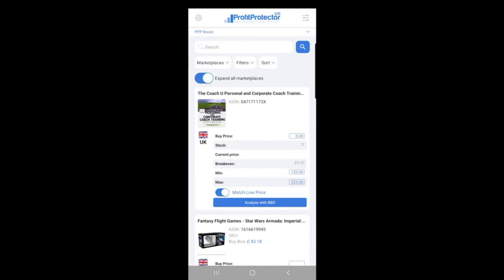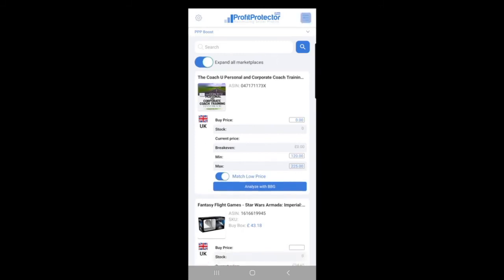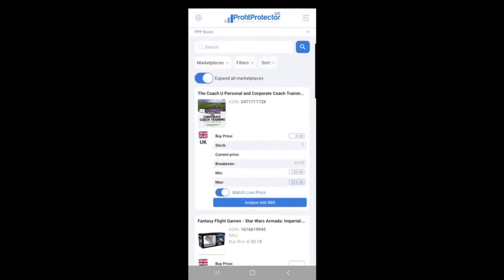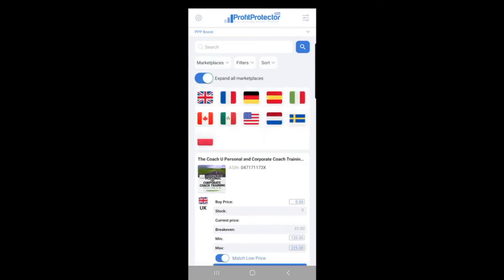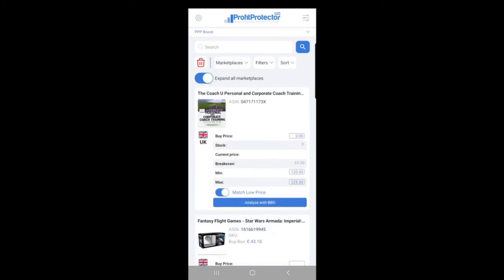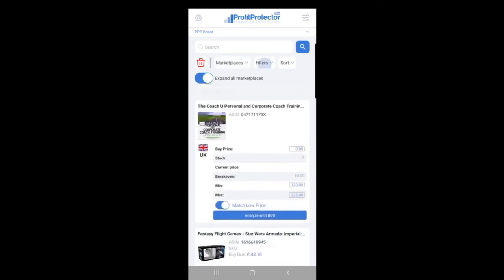So first of all, let's look at the top right hand corner. So this brings up the filters. You'll see the filter toggle if you click on and off, and it basically brings up the options that you'll see have appeared here: marketplaces, filters and sort, for how you can filter or sort your inventory. So marketplaces, I'm just going to click on there and you'll see that the flags appear. Now you can have more than one of these on at a time, so you'll see it lets me select multiple ones. I'm just going to keep the UK on because that's the one that's relevant to me, but obviously choose whichever ones are relevant to you. To get rid of that, you then just click marketplaces again and it will kind of go upwards, it will minimize.